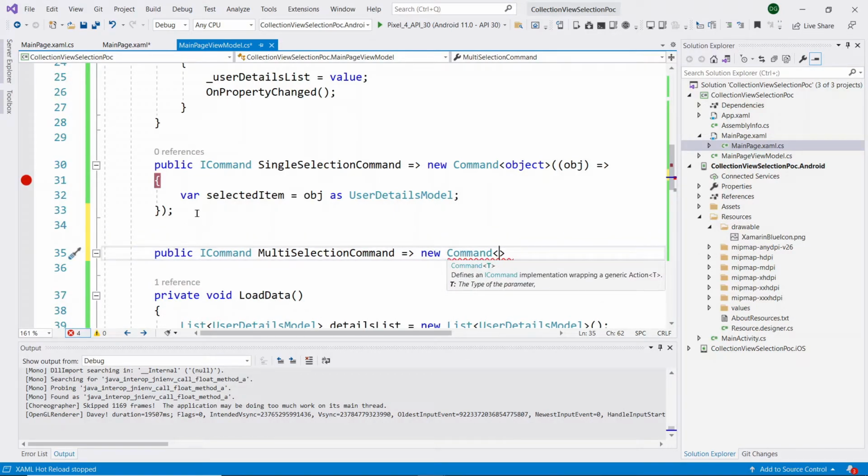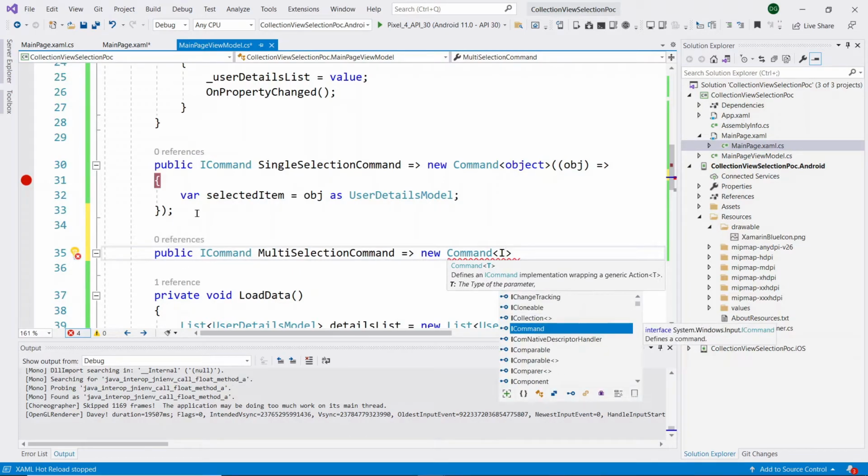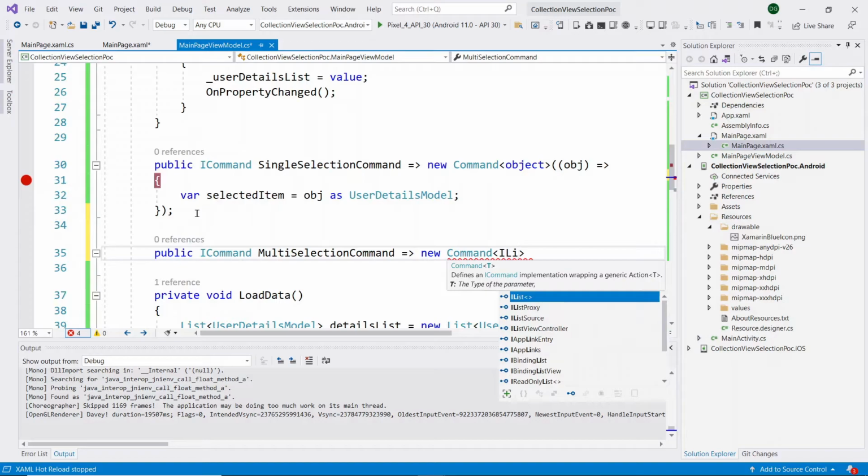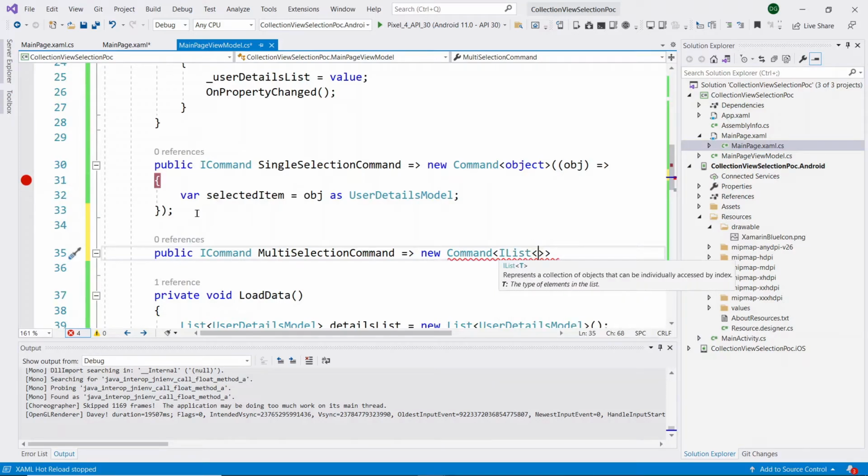Here we need to give our generic type as list. For single selection, we can directly give object because that's a single item only. Here we are writing the code for multi-selection. For that we need to give list, and inside the list we need to give object.